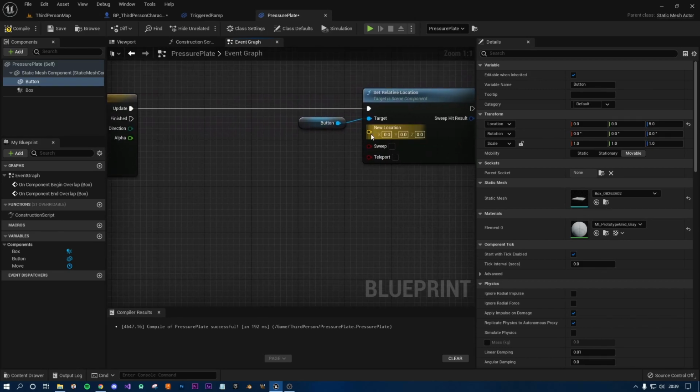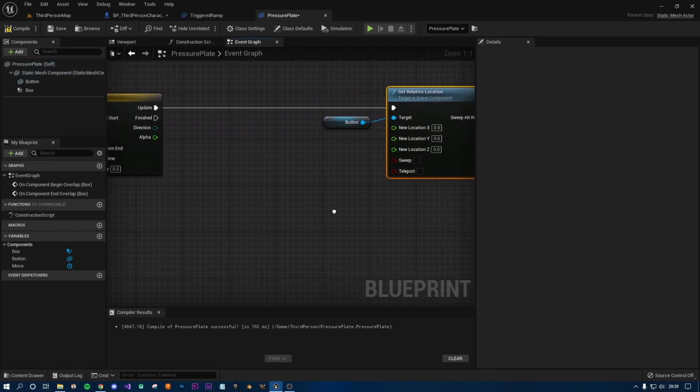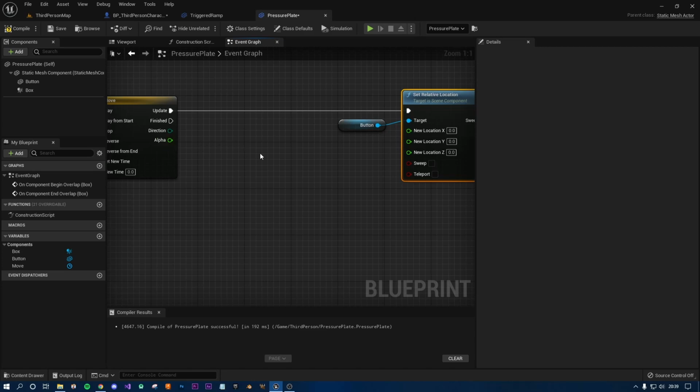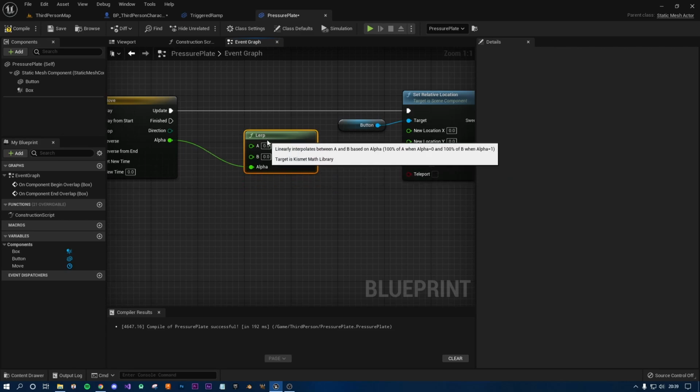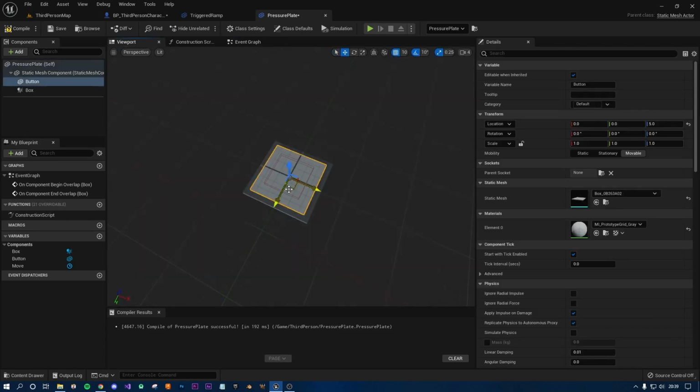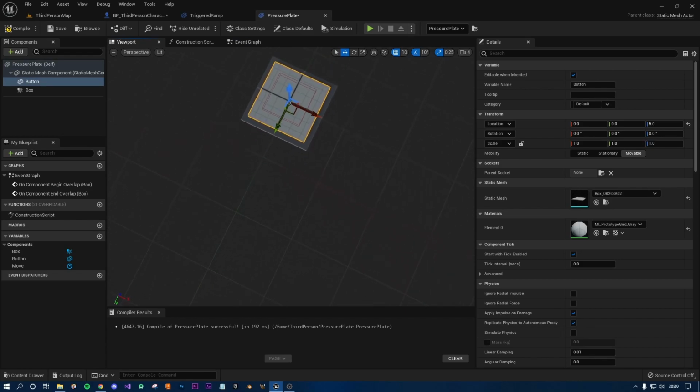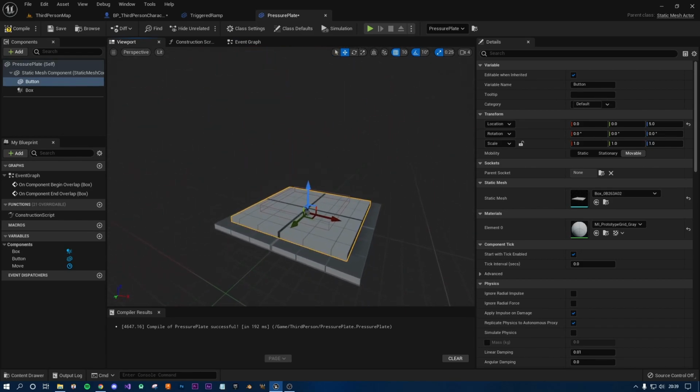So again, let's split this location, and we're going to want a lerp. Let's get a lerp and plug in our alpha. Let's find out where our default location is. With this selected, let's make sure that is correct. So our default location is going to be 5. And then when it's pressed, we don't want 0, because